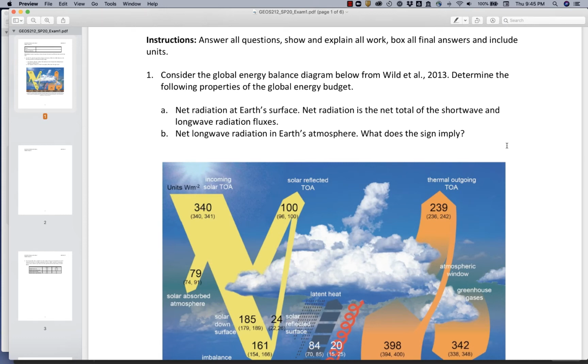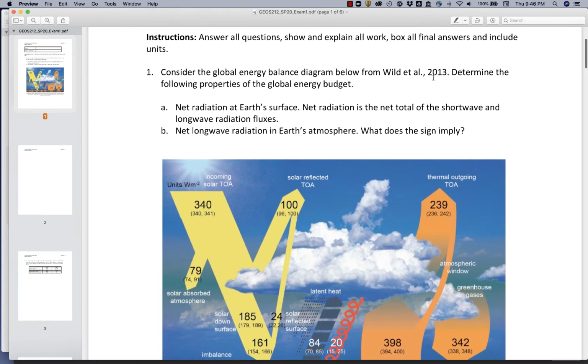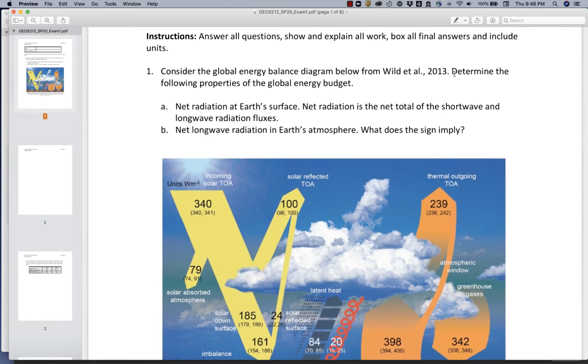Okay, so let's start by doing problem 1A here. So problem 1 says, consider the global energy balance diagram below from Wild et al. 2013. This is the figure that was sort of the central character in our global energy balance lab at the beginning of the semester. And for this question, it asks us to determine the following properties of the global energy